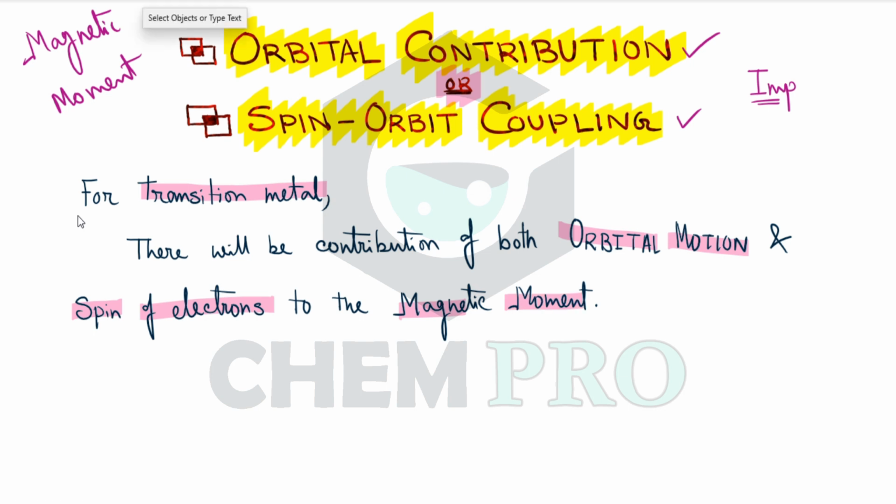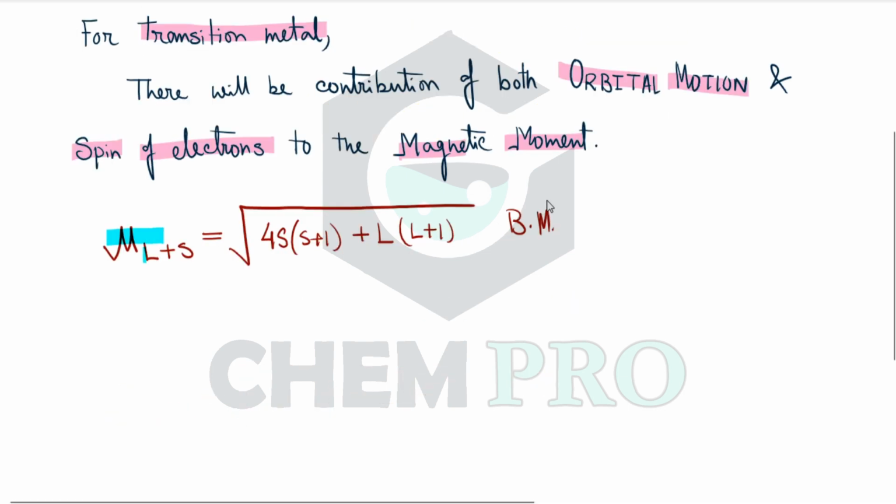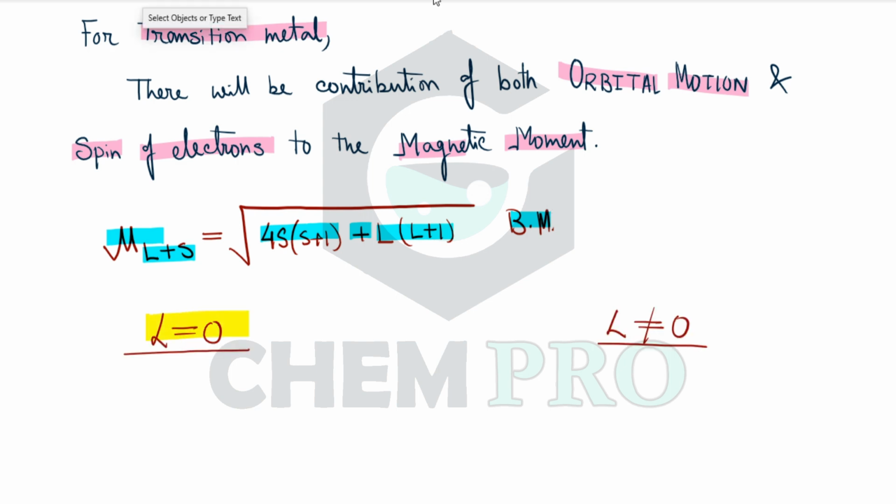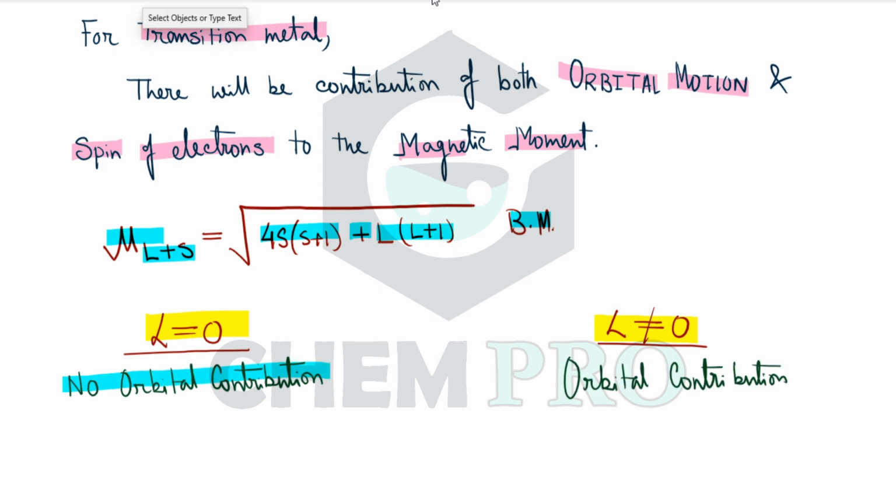and hence we will use the formula mu(L+S) equal to root over 4S(S+1) plus L(L+1) Bohr magneton. Now two cases will arise. First one is L equal to 0 and second one is L not equal to 0. That means when L equal to 0 there is no orbital contribution, and for L not equal to 0 there